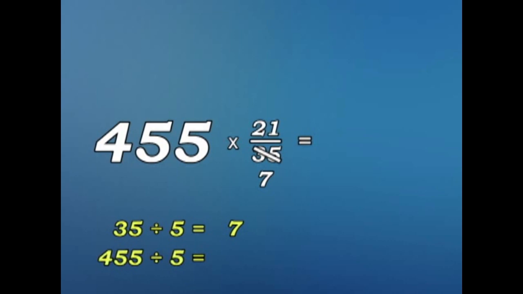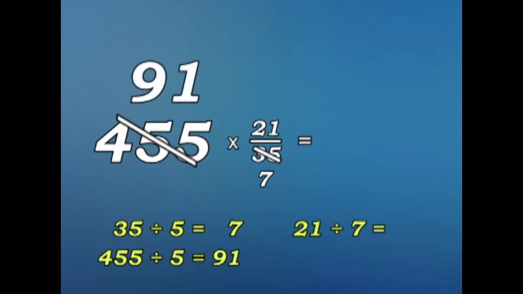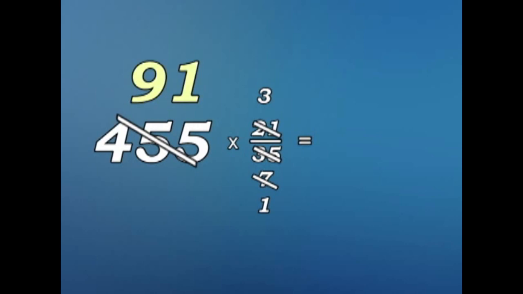Well, I won't work it out for you, but believe me, it's 91. Now, how many 7s go into 21? 3. So we cross out the 7 and write 1, and we cross out the 21 and write 3. So now all we have to do is multiply 91 by 3, and we get the same answer,